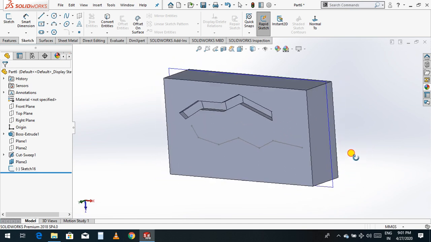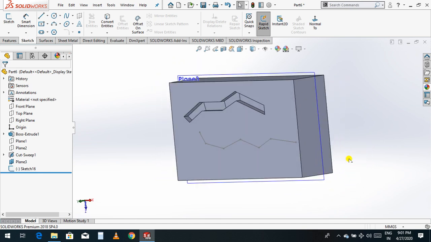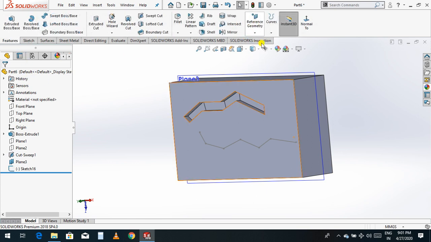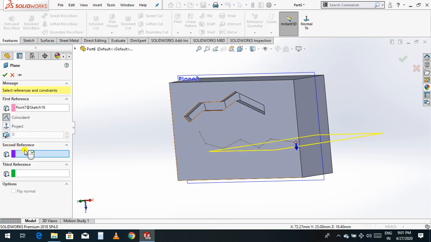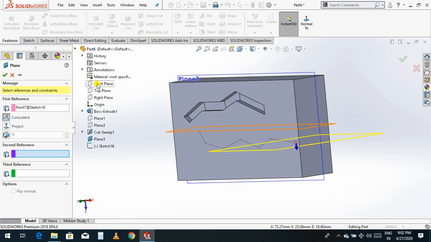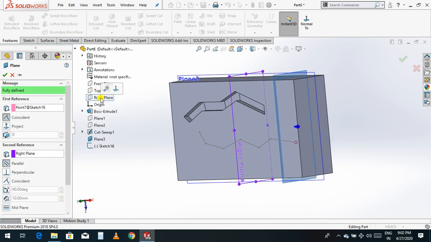Now see, it is in the center, the midpoint. So I want to make another plane at this point. Go to the feature, select the plane at this point, and choose the front plane, top plane, right plane. Yeah, so this is the right plane.